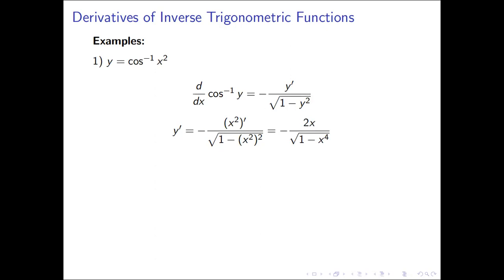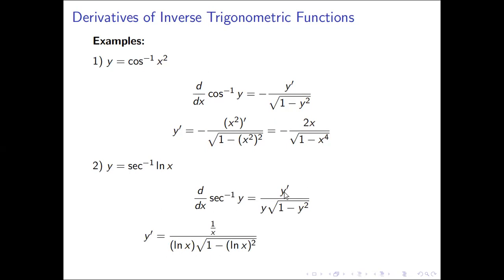Okay, let's have another one. Just follow me for now. Secant inverse of ln of x. So 2 functions are involved, so we need the chain rule here. This is the general formula. What is y in this formula? Here we are considering ln x. So if we replace y by ln x,